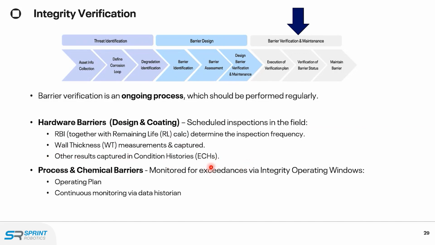That condition history is typically an inspection report, and that inspection report will receive data from other systems, right? Like a PermaSense, it can be a drone, can be a crawler, it can be any kind of device. And then you have your process barriers. We're going to update process barriers through a data historian. We're going to connect with the OSIsoft PI, for example, and receive and process that data.